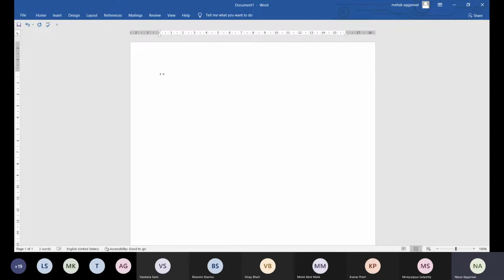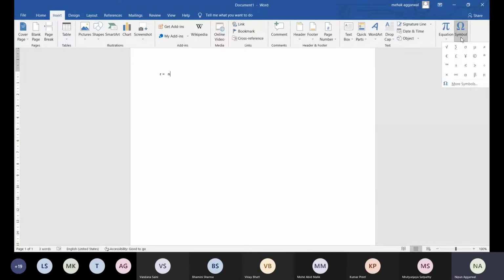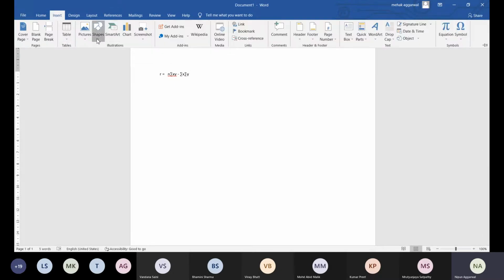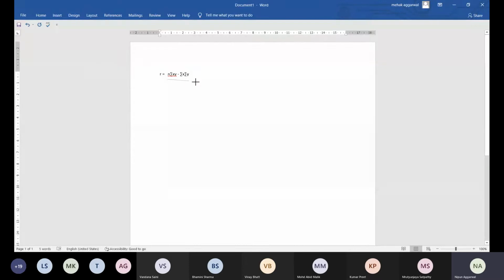So the small r is equal to n summation xy minus summation x summation y, whole divided by